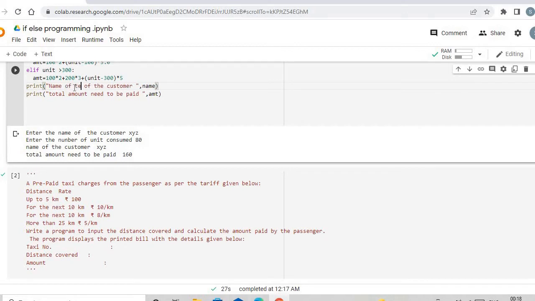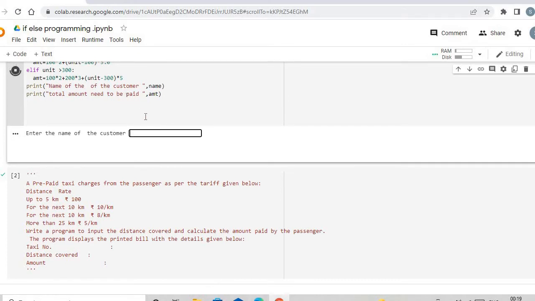Name of the customer. Okay, so name of the customer is the name and the total amount is the amount. The program is working fine. Let me run the program once again and try to give some other input. Say name of the customer is Ram, and I have